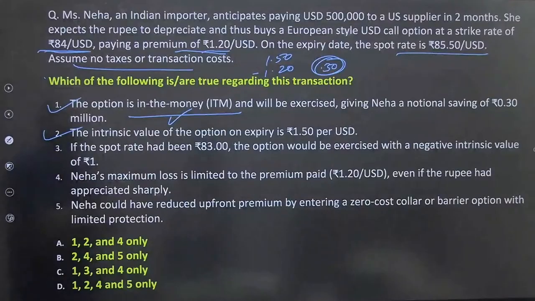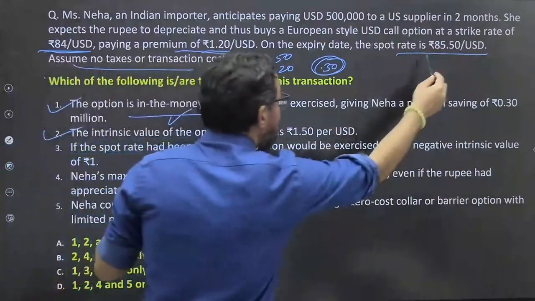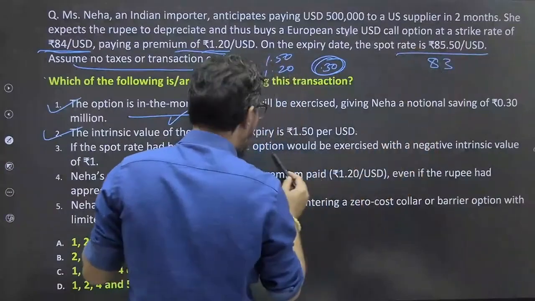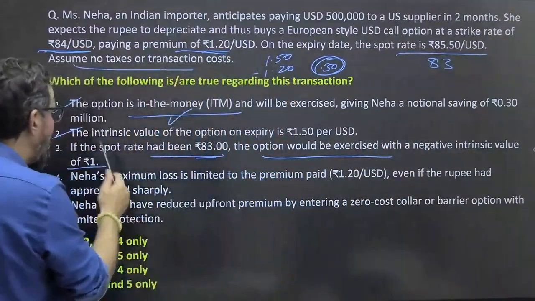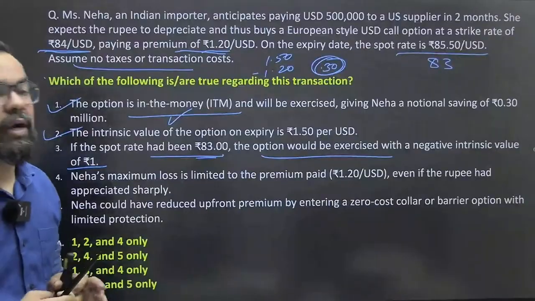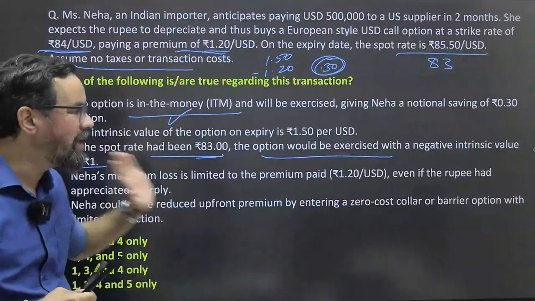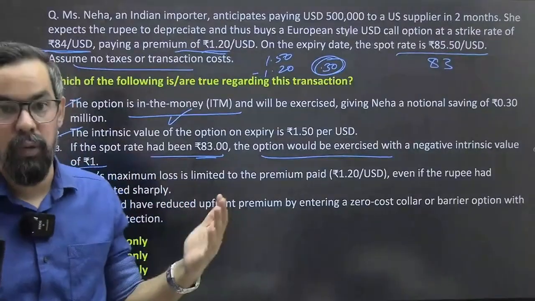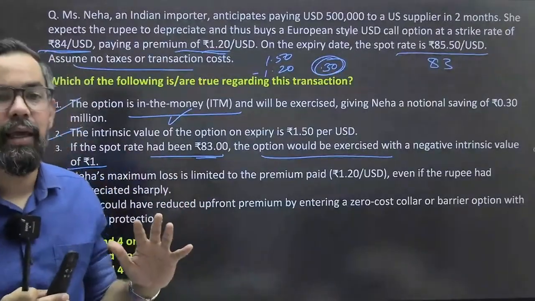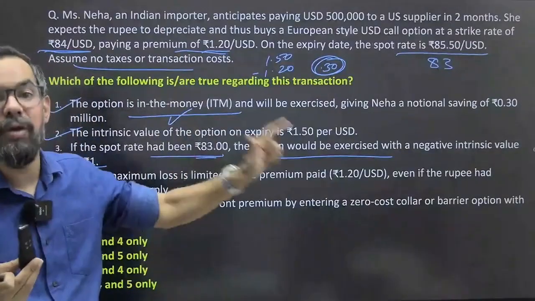If the spot rate had been 83, अगर ये 83 होता, the option would be exercised with a negative intrinsic value of 1? No, because it is a case of call option, ठीक है। And what happens, there is no negative intrinsic value when you buy the call option, ठीक है। जब हम call option को खरीदते हैं तो वहां पे सिंपली क्या होता है, your loss is limited up to premium paid, ठीक है।